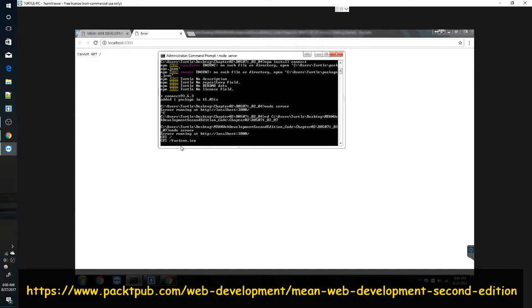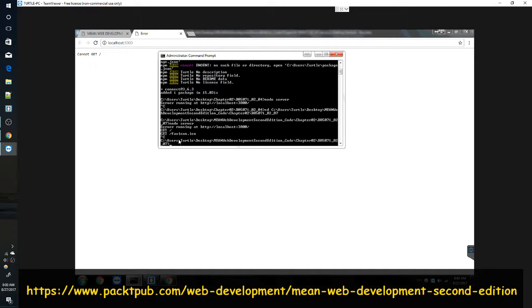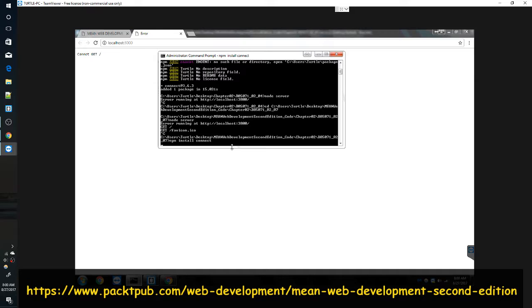Alright, let's get out of this. Control C. Now we'll paste the command we just copied, which is install connect. So it's doing something. It just didn't go back to our command prompt because I can't type anything right now. And what it's doing,